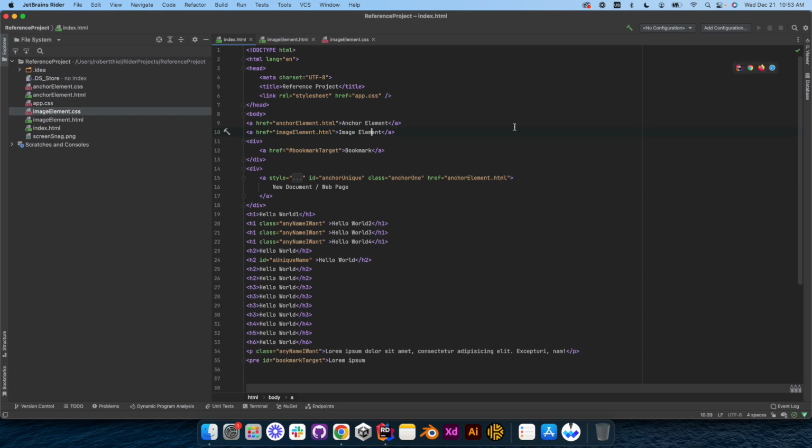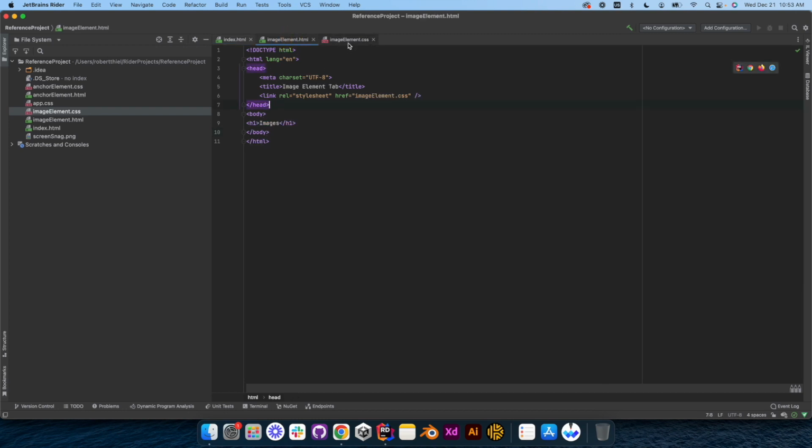Right now we're focused on the image, so we see that our image is there, and it does have that underline, so everything appears to be connected appropriately. Now, that said, we can take this very same thing and copy it into each one of these pages. In each one of these HTML pages, anchor element and image element. And by the way, we're going to clean up this folder here in the near future,